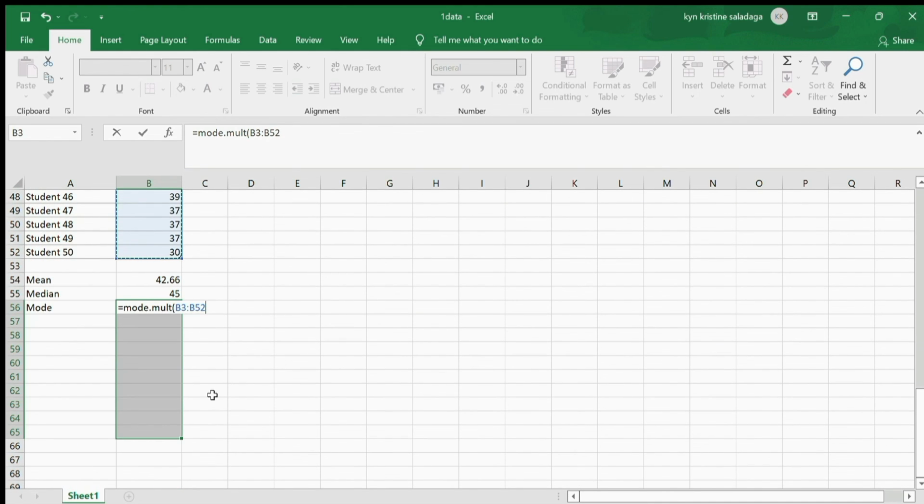Now, here is the tricky part. We need to press the Ctrl and Shift keys simultaneously, and press enter. As we can see, we have 45 as our mode and it is all 45. So it means that from our data, we only have one mode.